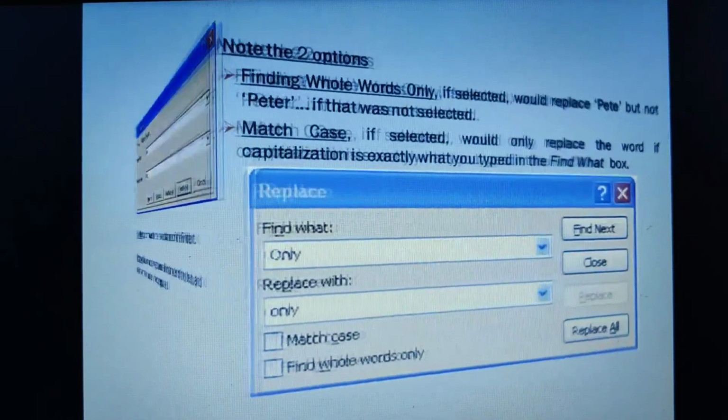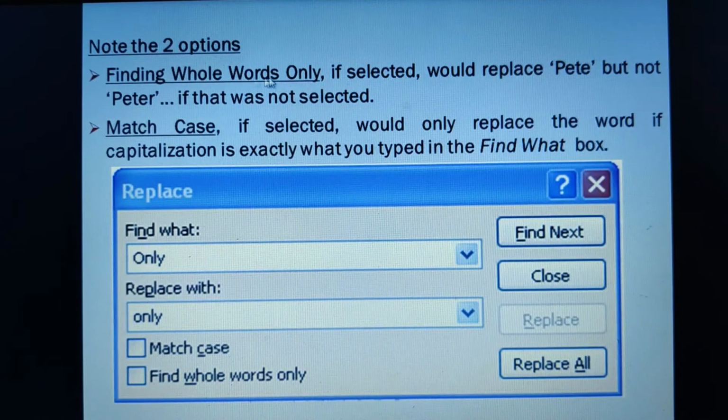Fine. Next, we have discussed finding whole words only and match case. If selected, it would replace Pete but not Peter. That means it will search for entire words actually. So if you are finding the word Pete but you give a search as Peter, then it will not match.